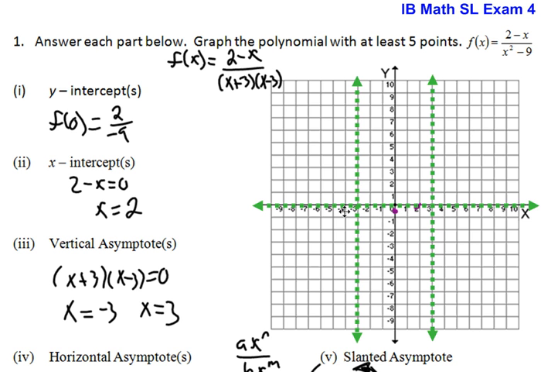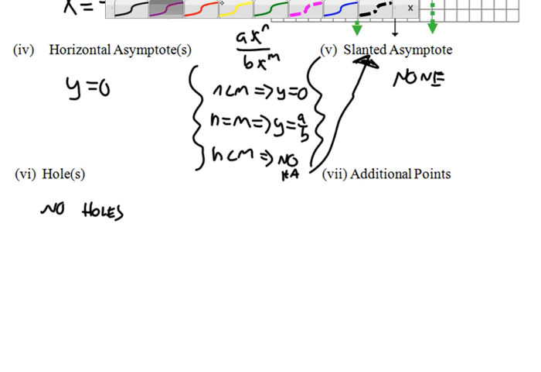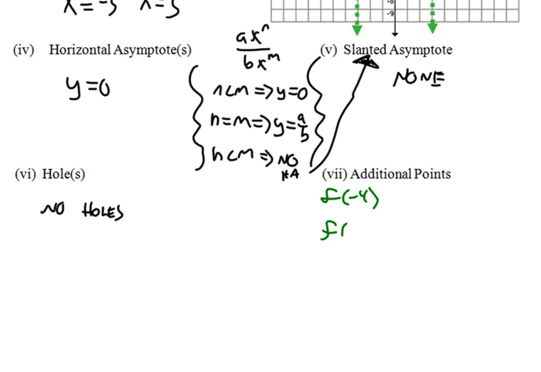So maybe let's pick a few points over here and see what happens, then pick some points in the middle, and then over there on the right. Maybe we'll pick -4 and -5 and see what happens at those 2 points. So we'll do f of -4 and f of -5. This is now mere computation work, just plugging in the numbers. I did the work ahead of time here. At f of -4, we get 6/7,